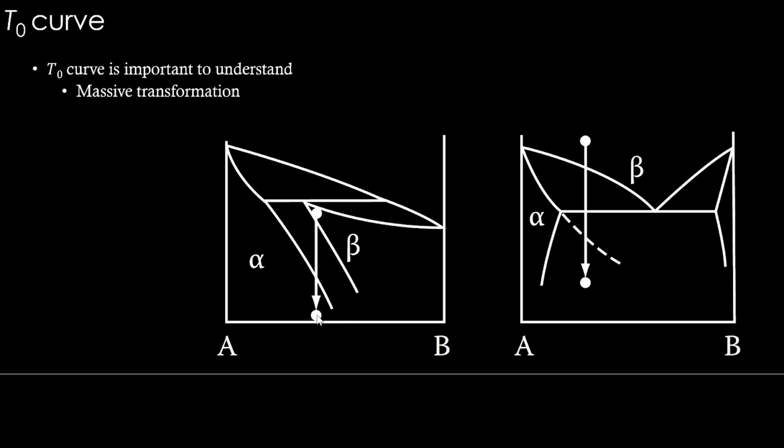So this is a massive transformation which is equilibrium in nature, because alpha is an equilibrium phase. Although the cooling does not go through all the equilibrium stages, the final phase achieved according to the phase diagram is an equilibrium phase. Therefore, this is called an equilibrium massive transformation, right? Similarly, Martensite transformation can also happen in this sort of setup. Beta can transform to Martensite instead of alpha. That Martensite will have a different structure compared to alpha. Those kinds of transformations are also possible, and there you don't have any diffusion. We call that a military transformation, a diffusionless transformation. That is the Martensite transformation.